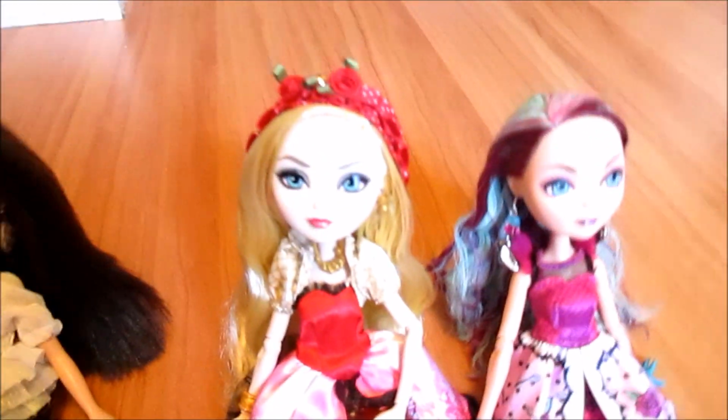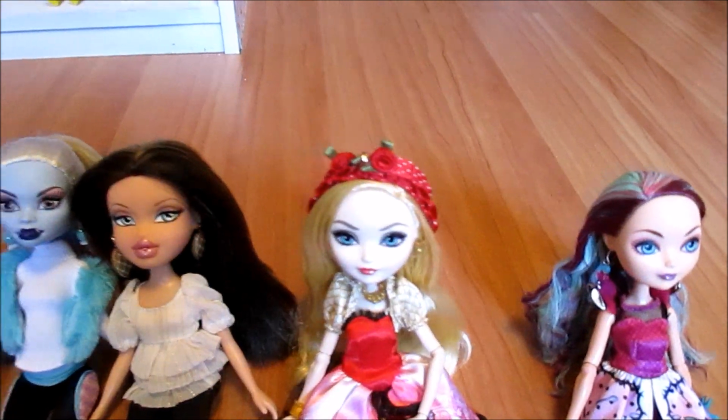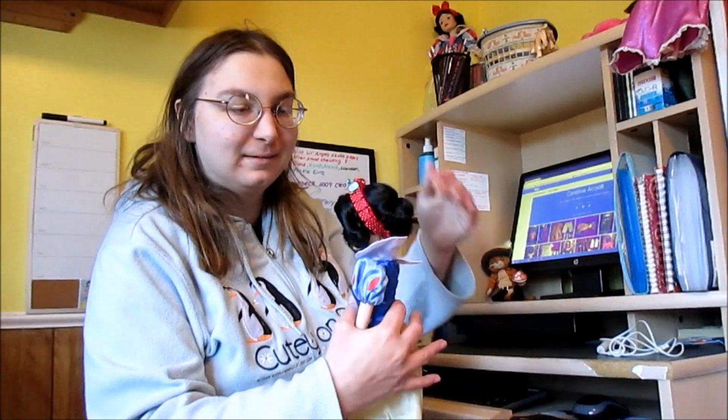I have Apple, who was like the bonus doll of the video. She's gorgeous. Colleen says that Apple's putting all the other dolls to shame because she looks so nice. Because she wasn't from the Salvation Army and she wasn't all raunchy before. Yeah, and this is a lot like my Snow White doll up there. I'll zoom in. Yeah. It's the same ribbon that I used on her, and it snaps too, but I did